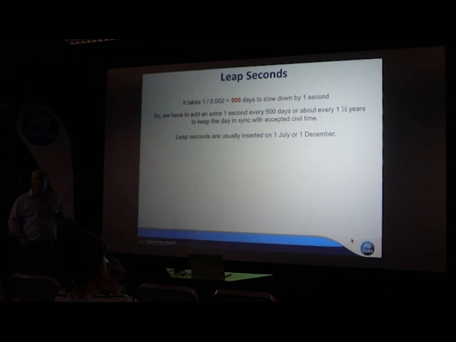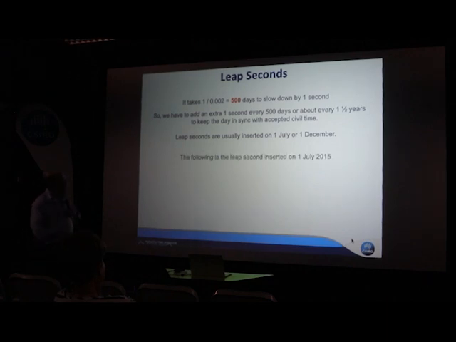Okay. So in other words, we do that by just stopping the clocks for 1 second and then starting them again. And so we had one a few recently. I think we're due for another one soon. But on the 1st of July 2015, we have atomic clocks here at the observatory. They're some of the most accurate clocks in the world, so they're used as the time standard for the Earth. But on the 1st of July 2015, we had to insert a leap second, and so we videoed the clocks upstairs to see what they would do, and they each did something different.